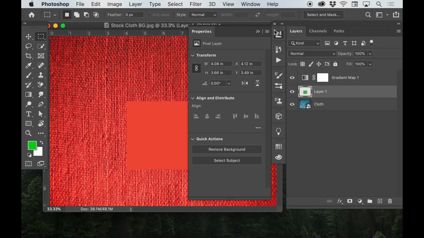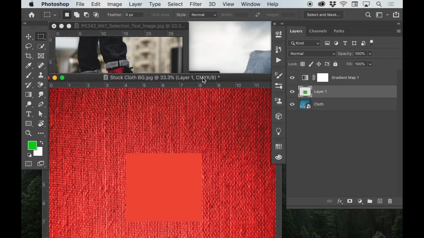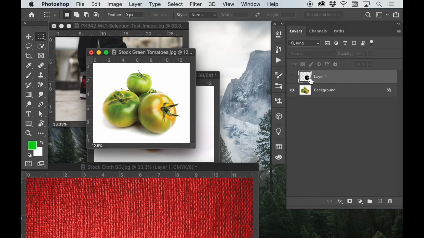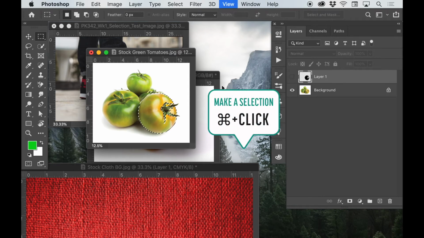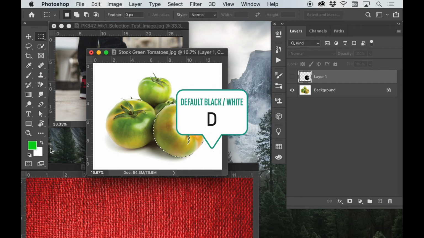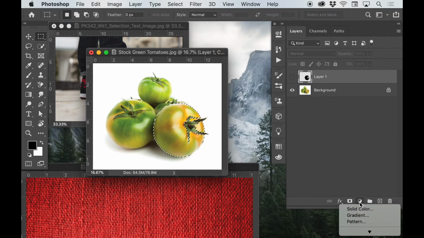So I'm going to show you now, just on some other images. I already have some preloaded selections, but for the tomato here, I'm going to do the same thing. I'm going to make it red, but I'm going to hit D for default color, so it's not the green, and then I'm going to add my gradient map,